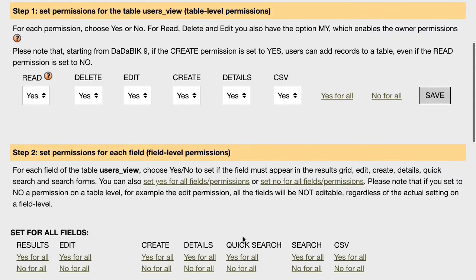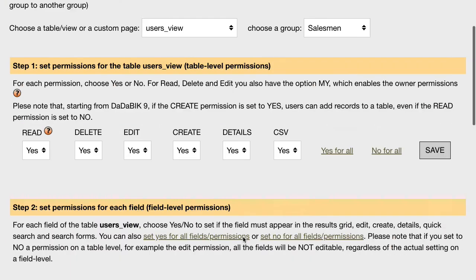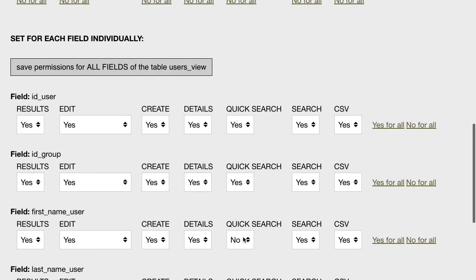We probably have to tune a little bit these permissions for the various groups we have in our application. For the moment, I would just set no for the ID user field, because we don't want to see